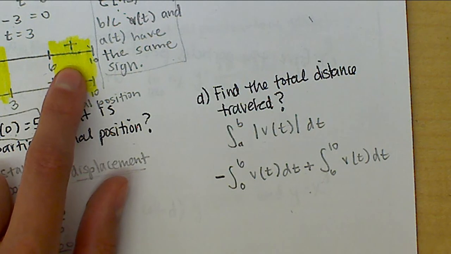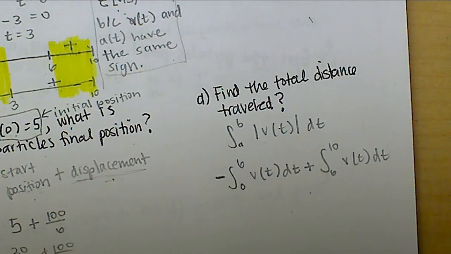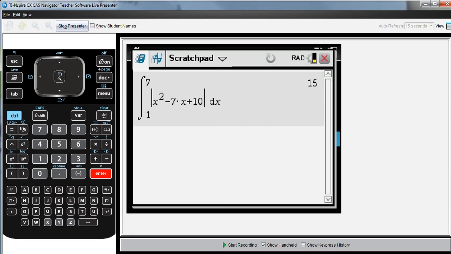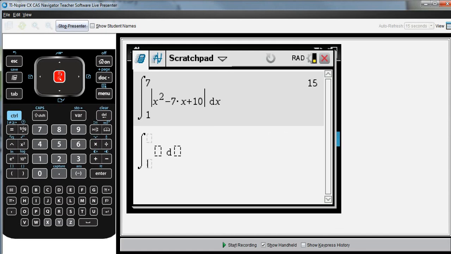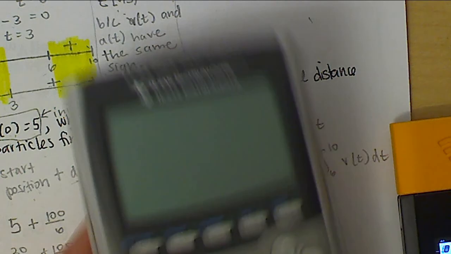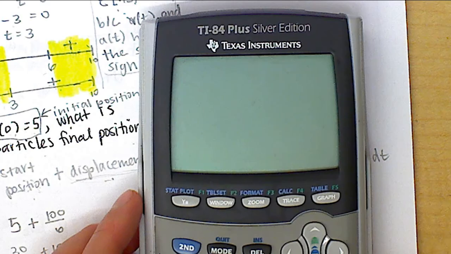Okay. Go ahead and solve this out. I'm gonna flip over to my calculator and do it over there just to get you another look of that. So going from 0 to 10, I'll write abs. If you want to do this on the absolute value on your TI-84, I'll show you on the TI-84 actually, since that's what you're using right now. So this will be